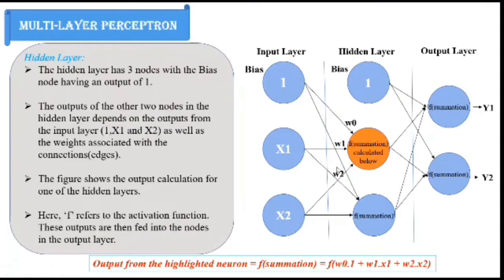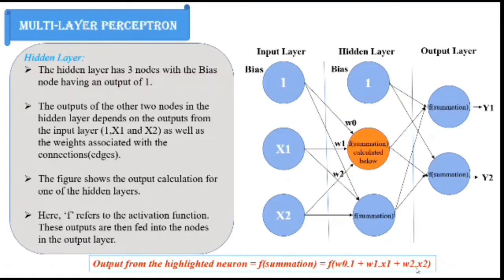Now once these inputs are sent to the hidden layer, all of the processing is done here. So what exactly happens in this hidden layer is the inputs are multiplied with the corresponding weights over here. So x1 is multiplied with w1, x2 is multiplied with w2, and 1 over here which is bias is multiplied by w0. So we finally get this equation in the hidden layer, which is w0 into 1 plus w1 into x1 plus w2 into x2, and this is the linear equation.